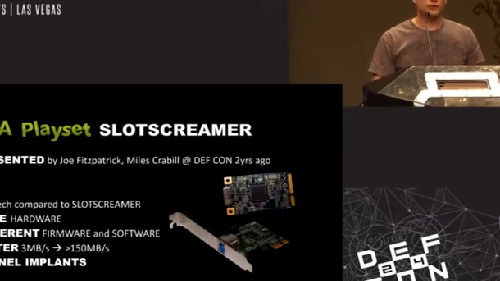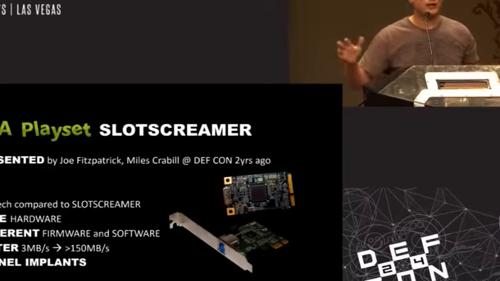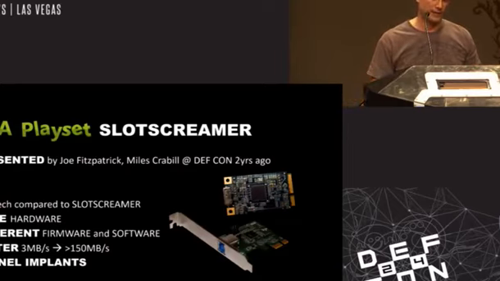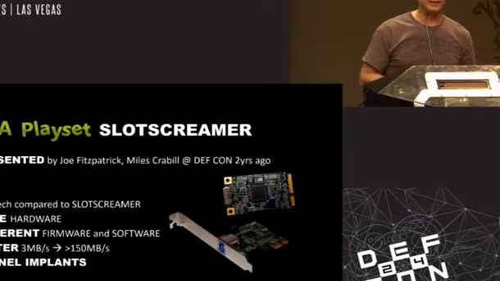If I compare PCILeech to SlotScreamer, it's obviously exactly the same hardware. It's a different firmware and different software. This also means that if you already do have a SlotScreamer device, you should be able to reflash it and try this software on it. It's faster. The SlotScreamer was able to achieve around 3 megabytes per second. The PCILeech device is able to achieve well over 150 megabytes per second DMA transfer speeds. PCILeech is also capable of kernel implants. In fact, it's relying